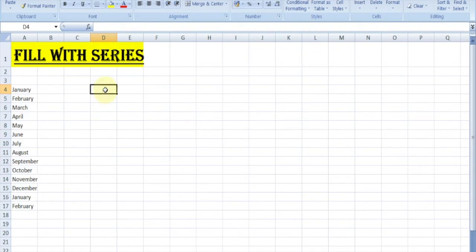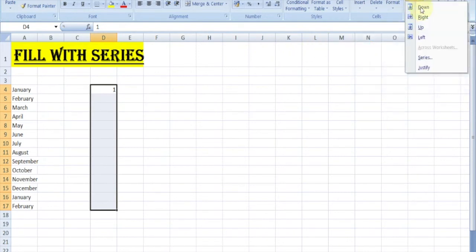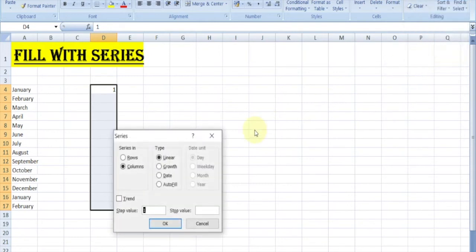We write 1 in cell A1 only, and select these cells. In the same manner, Home ribbon, Editing command group, click on the fill arrow, click on Series, and here we get series in column, type equal to linear, and we must write the step value and the stop value.